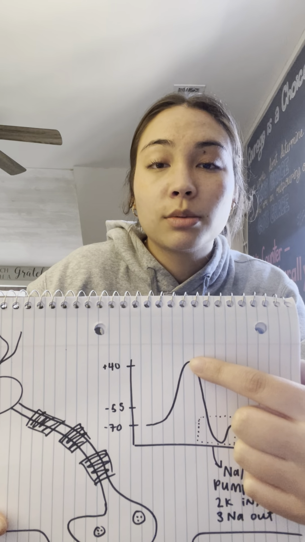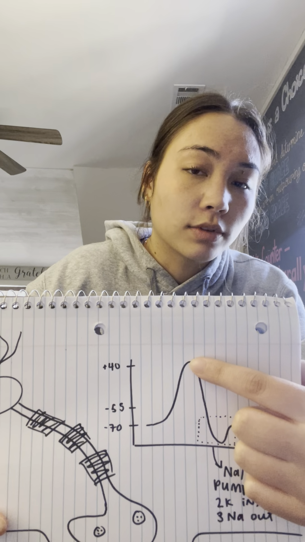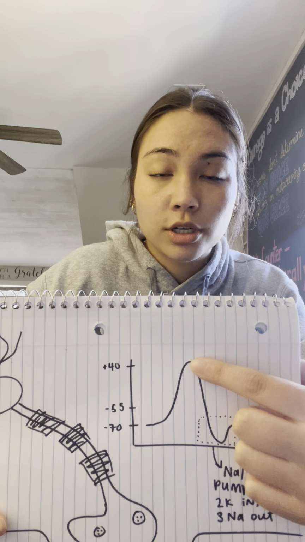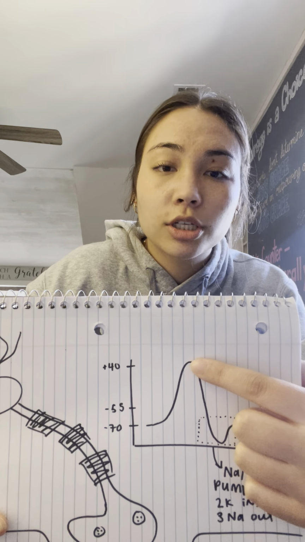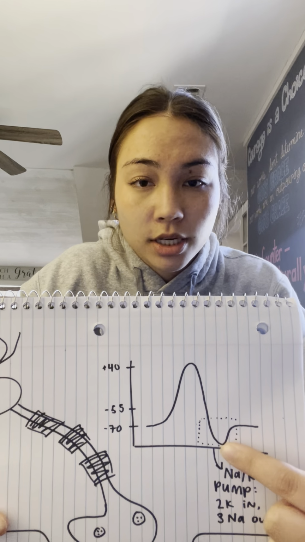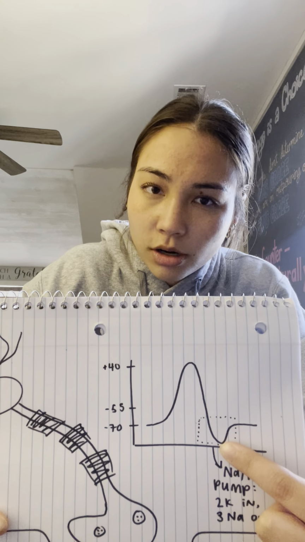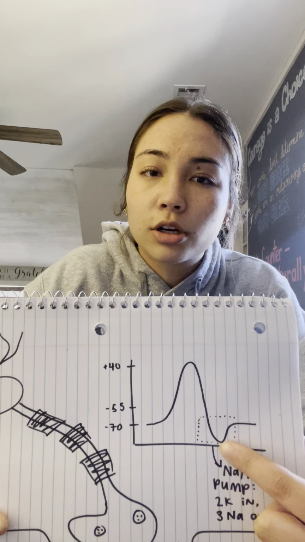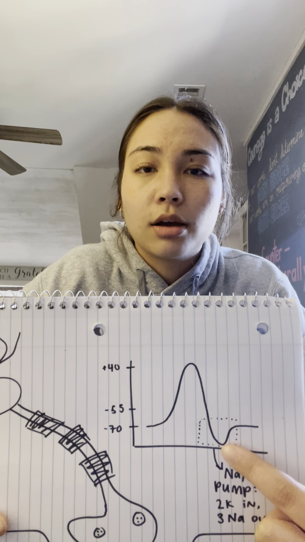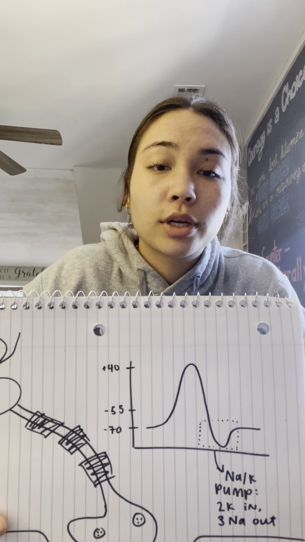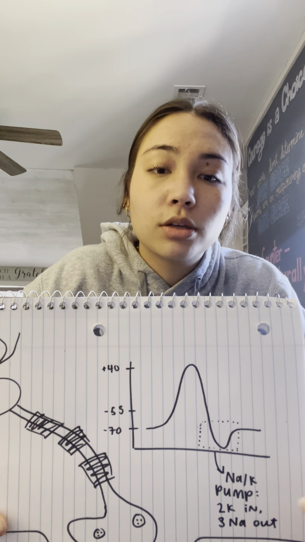From there, potassium is going to flood out of the cell with its concentration gradient, so it's just trying to balance those charges, and that's what's going to bring us down here. Now this is past our resting membrane potential. It's called our refractory period. This is an overshoot, and to bring it back to where it needs to be, we're going to use the